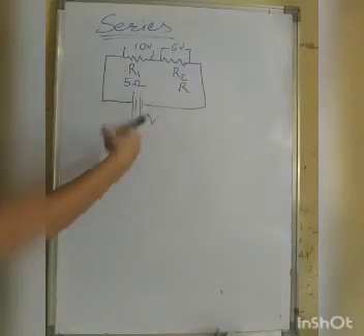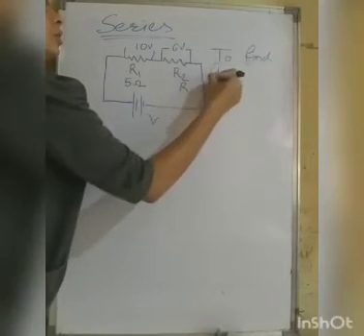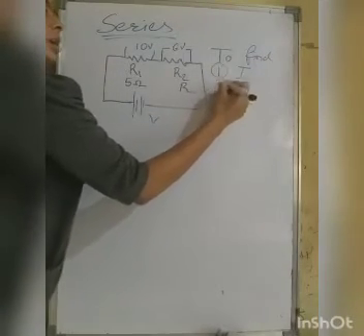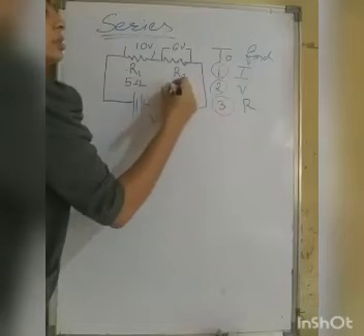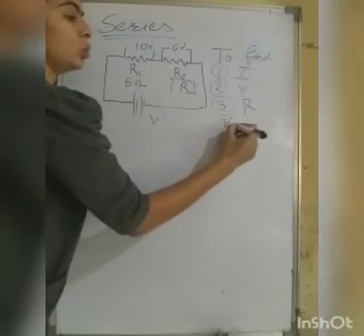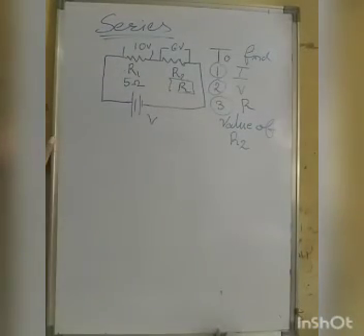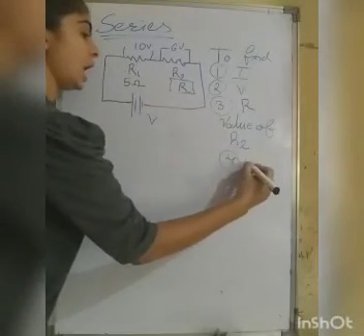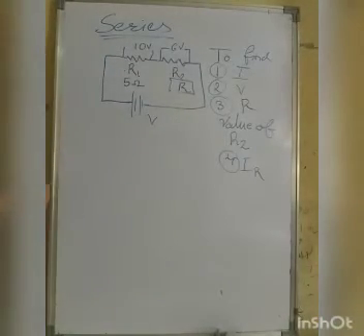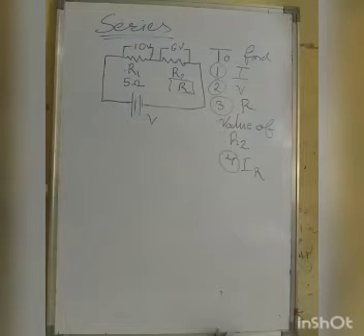So now what all things do you have to find out? First is current I, second is voltage V, third is R, that is the value of R2. Then what else? We will also try to find out IR. These are the simple things which you are going to find out, for understanding how to solve the numericals and how to deal with them after having all the knowledge.